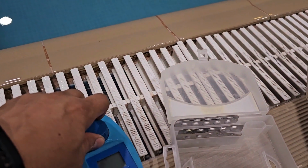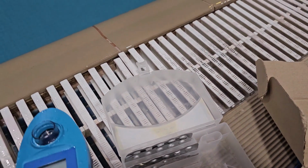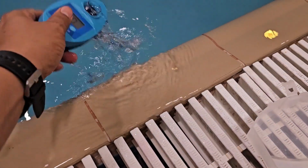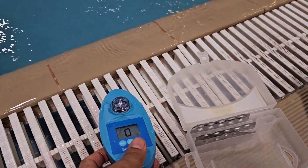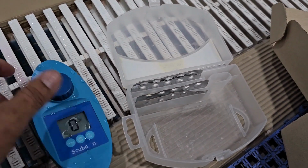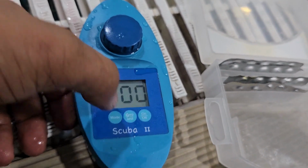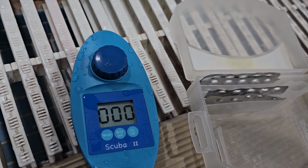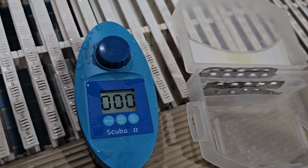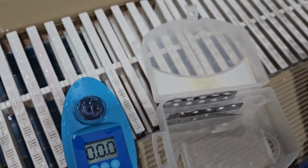Live test of pH and chlorine, and here is the Scuba 2 chlorine pH tester. Switch on, or let's just start, and then close, and then we have to select 0 test first. And one second, let's put